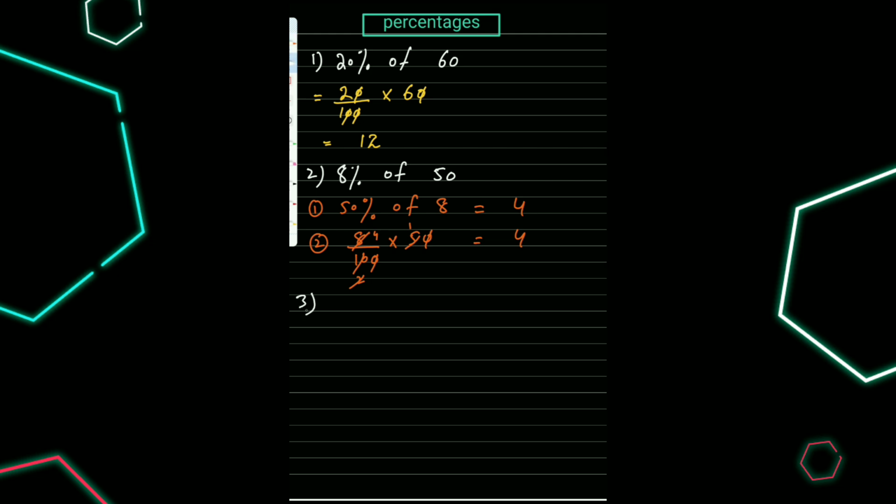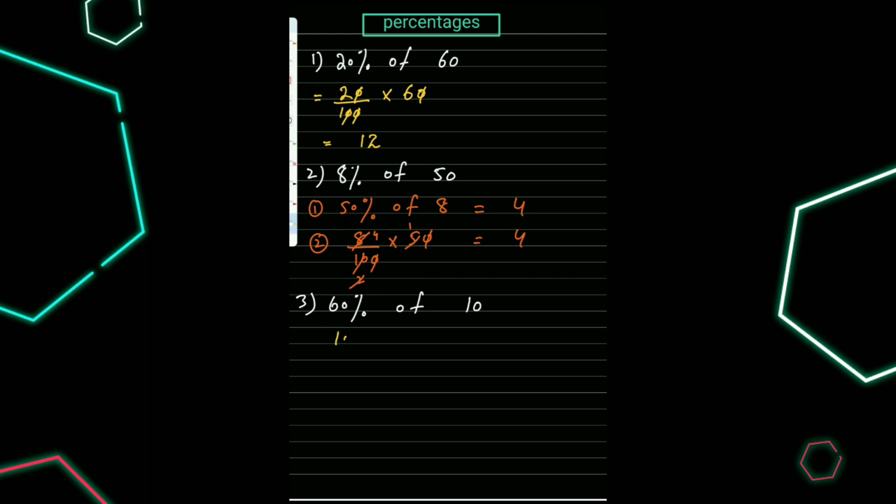Question number 3. If we are going to find 60% of 10, just remember one thing, that 50% of any value and 10% of any value is very easy. We can easily find 10% or 50% of any value. I explained how you can easily find the 50% of any value. And what about the 10%? This is the question: find 60% of 10. So if we flip the values, then it will be easy for us.